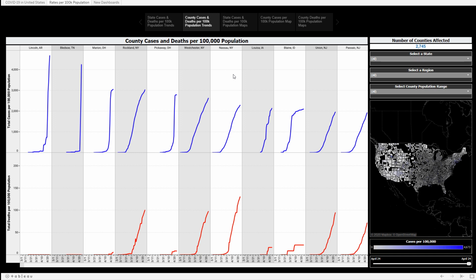cases and deaths per 100,000 population, but we're looking at it at county level. So obviously much smaller numbers and potentially much higher rates. In Lincoln, Arkansas, they only had a population of 15,131, but they had 707 new total cases by April 24th, which is 4,637. So almost 5% of their population has been diagnosed with the coronavirus, but they don't have any deaths